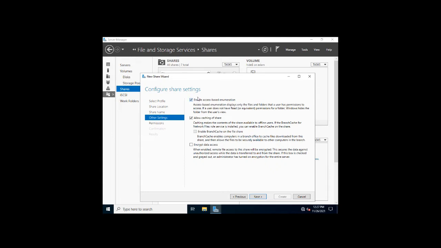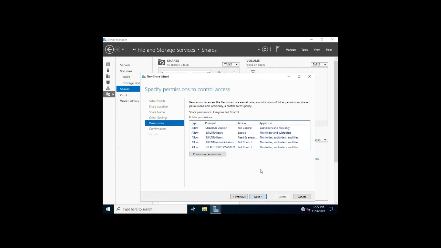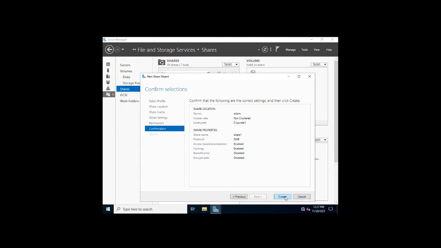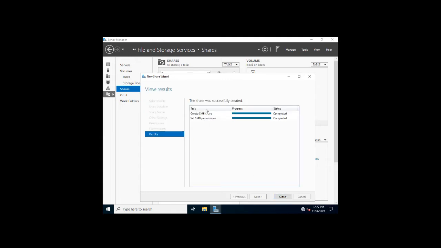Enable access based enumeration, which means only users who have permissions will be able to access that folder. If you want to change any permissions for the users, you can change them from here. Built-in users will have read and execute, and the administrator by default will have full control. And create. So we have created a shared folder.